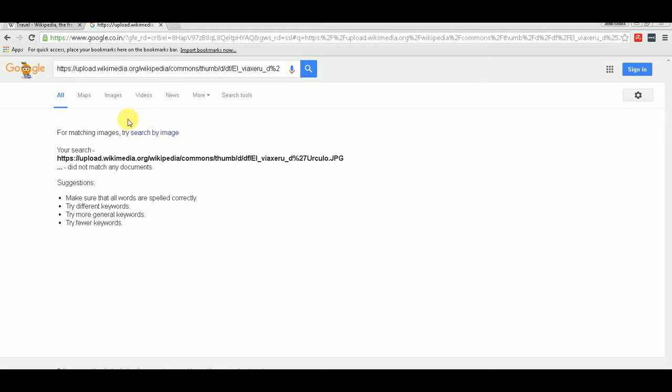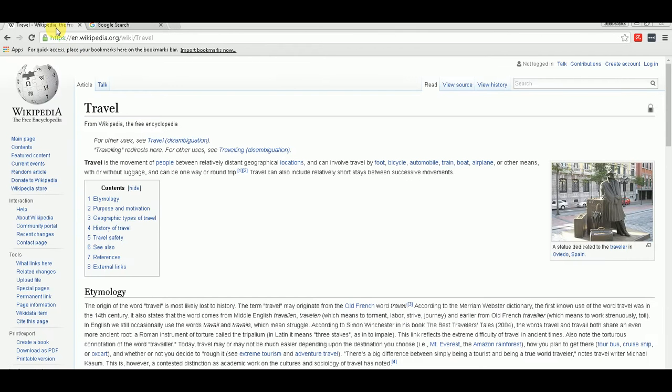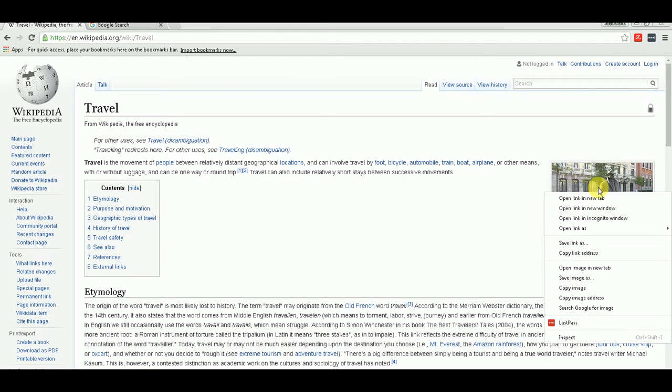Okay, search by image. So this was the traditional way of searching related images, but Google Chrome has added very good features that you can use.